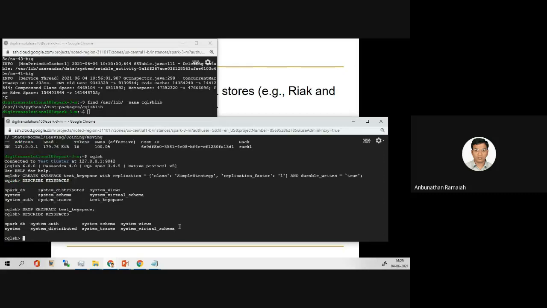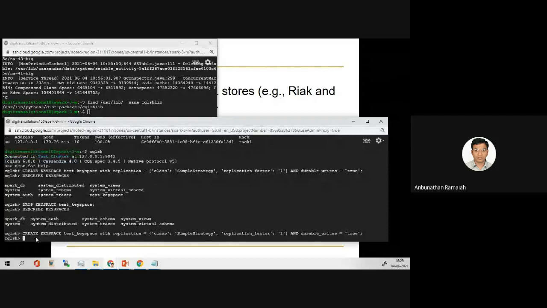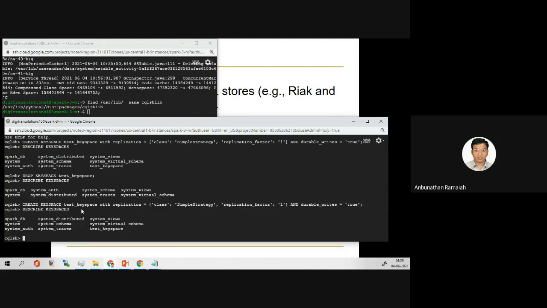See here, this is not there now. Now again we'll do test keyspace. This time it has to display. Okay, this time it is there. Test keyspace.